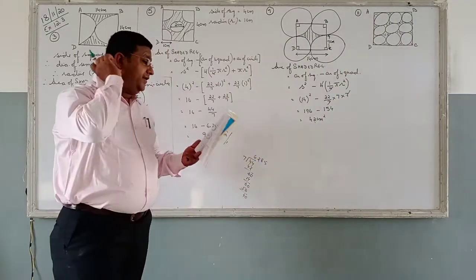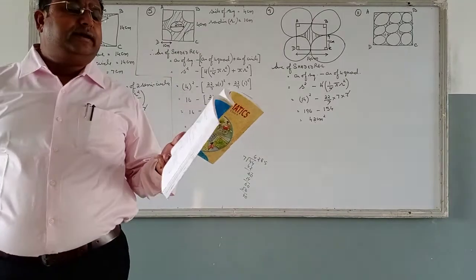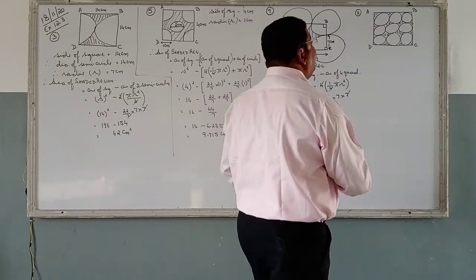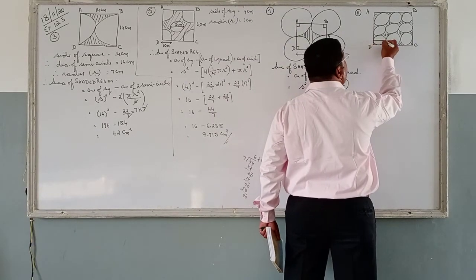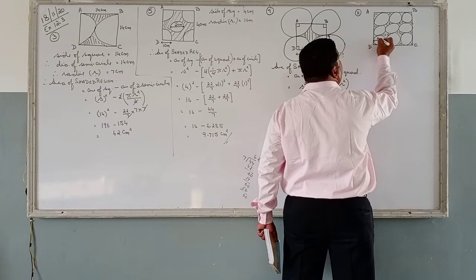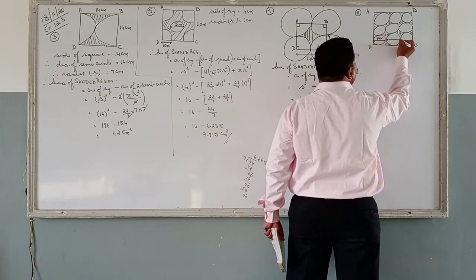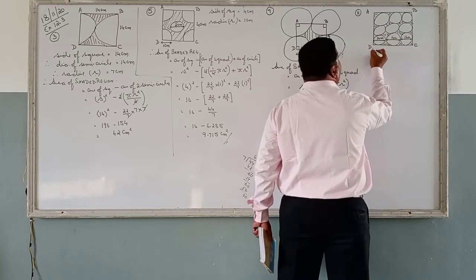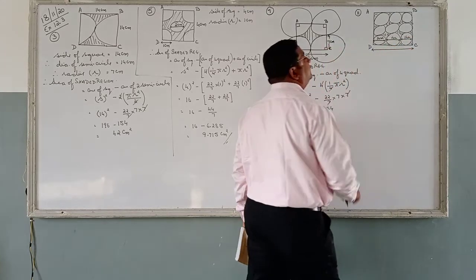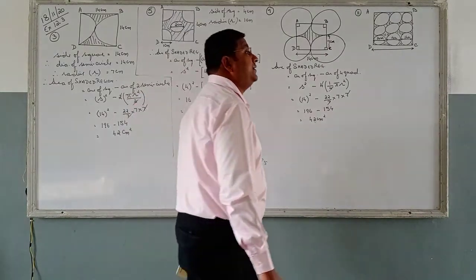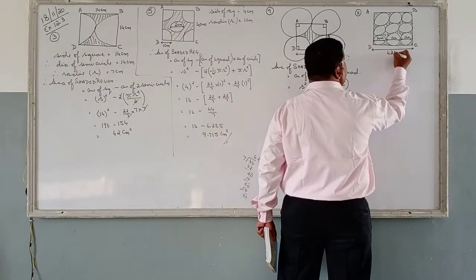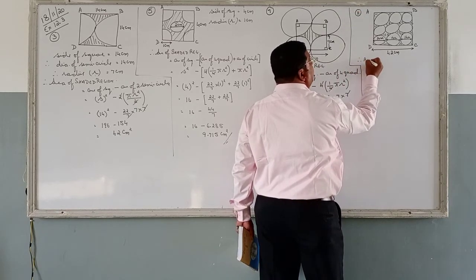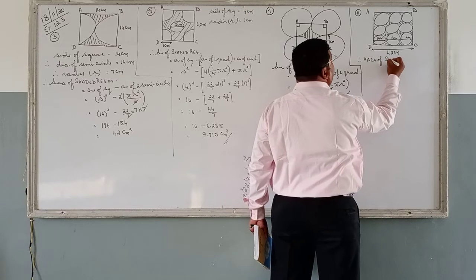Now in this question, what is given? He says on a square handkerchief, 9 circular designs, each of radius 7 cm. The radius of this circle is how much? 7. The radius is 7, so automatically this diameter becomes 14. This diameter becomes 14, and this diameter becomes 14. So that means the length of this side of the square handkerchief, we get 14 threes are 42 centimeter.